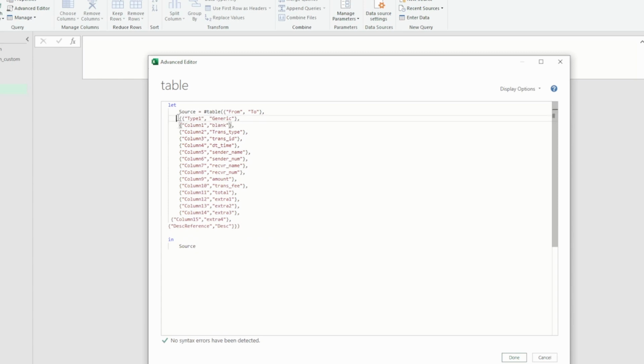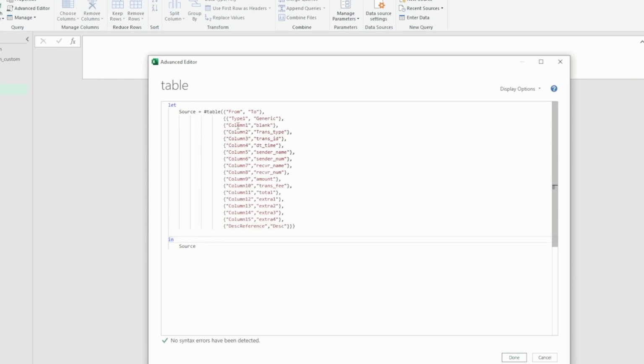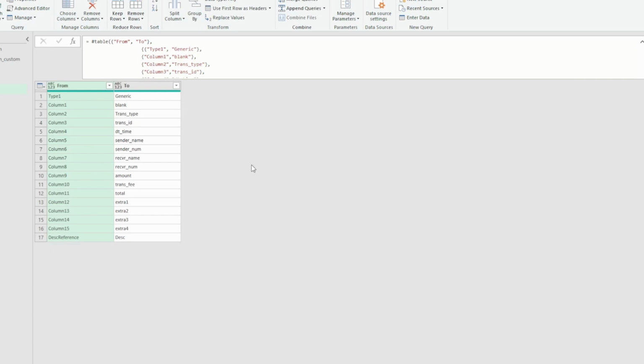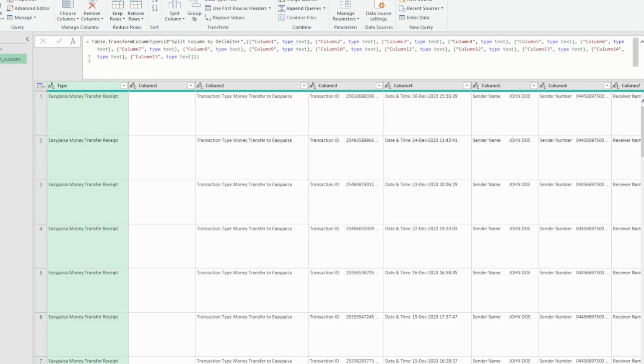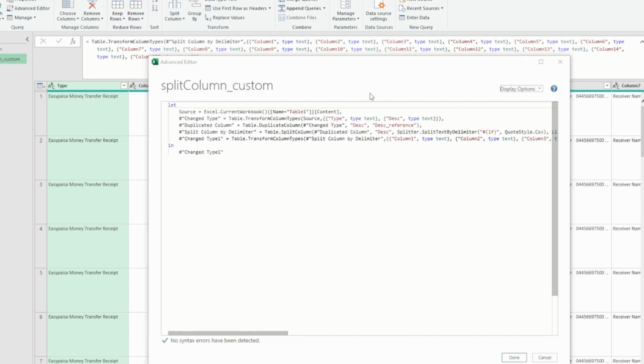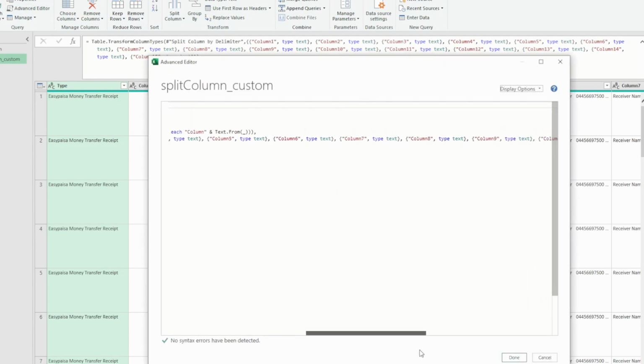Let me format this a bit. Okay, so Table accepts column names as first two values. So this is the column names, and then these are the values of the rows. So this is the old column name, this is the new column name. Column 1 will go to blank. So this is basically a kind of mapping if you use Python or other programming languages. Click on done, and this creates our table within Power Query. Once we have this table, let's add this inside of our main query. So here, click on Advanced Editor. So we add the new table here. Go to the extreme right.